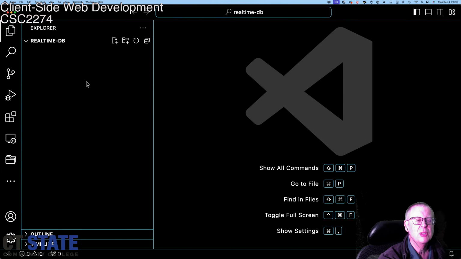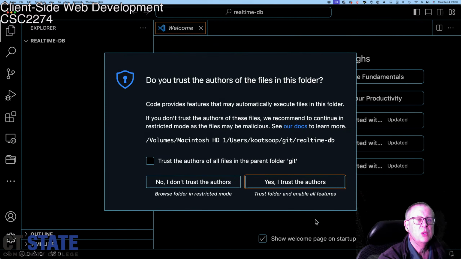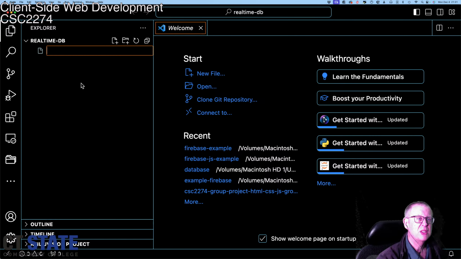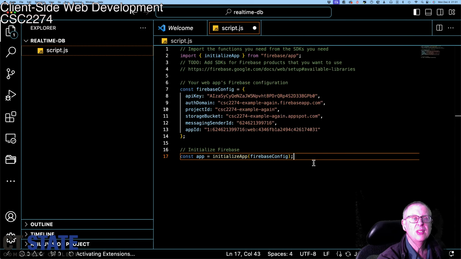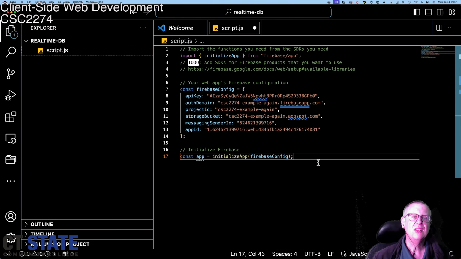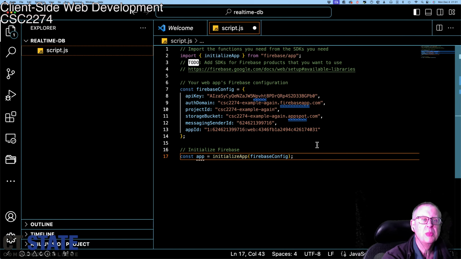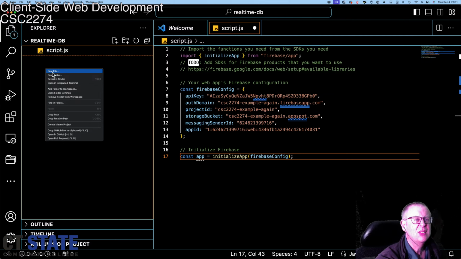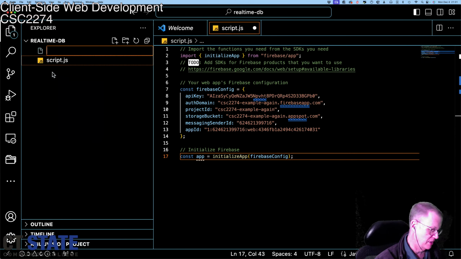Right, so there's my folder, and yes, I'm trusting the authors, and I'm going to make a new file called script.js. Right, and there's a new file called script.js, and I probably want to add a little bit more to it, but let's just see how that works. And then I'm going to go